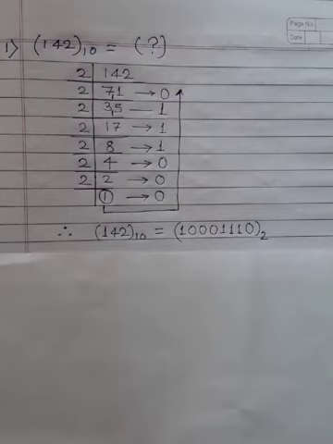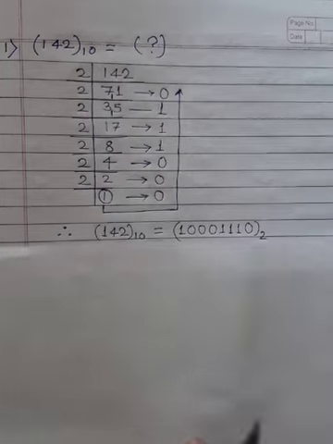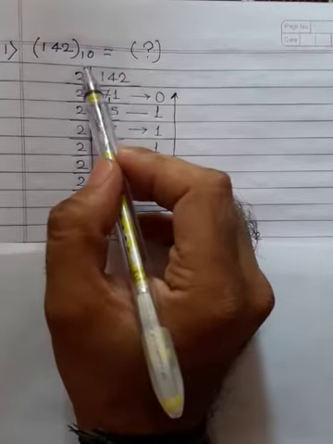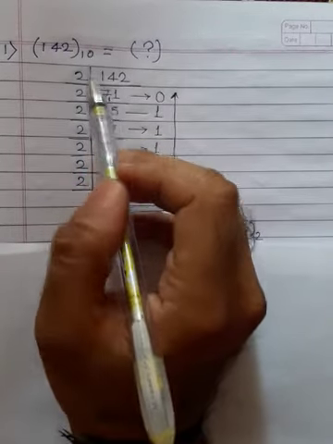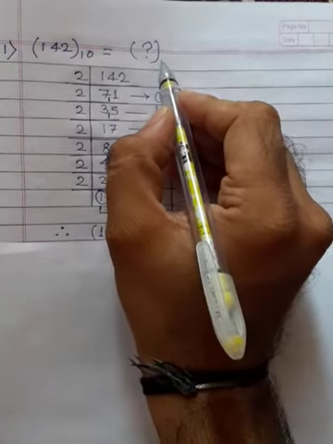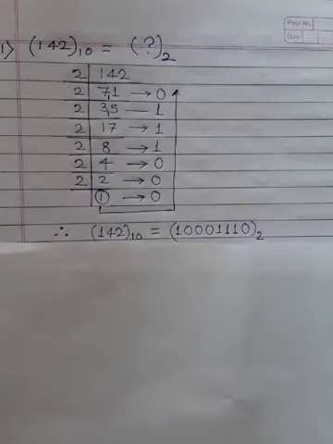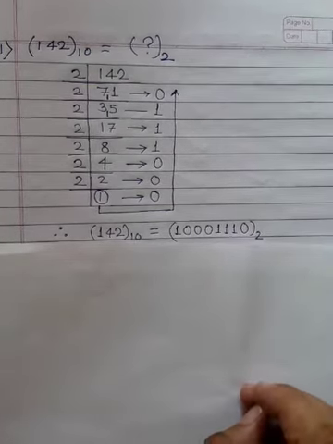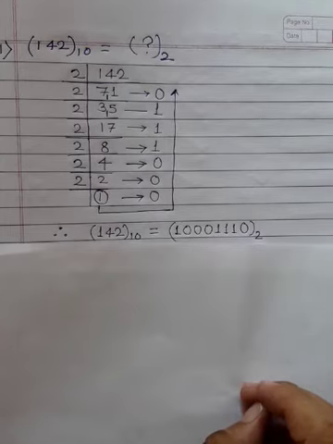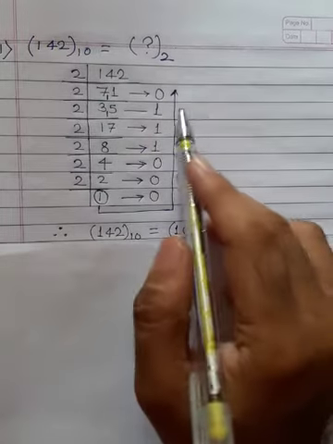Now let us see an example of converting a decimal number into binary, of 3 digits. You can see the first example, the number is 142. As you can see, the base value is 10, which means the number is decimal and we have to convert it into binary. The base of the binary number system is 2. You know that already. Now what you have to do is continuously divide that number by 2 in order to get the binary value.